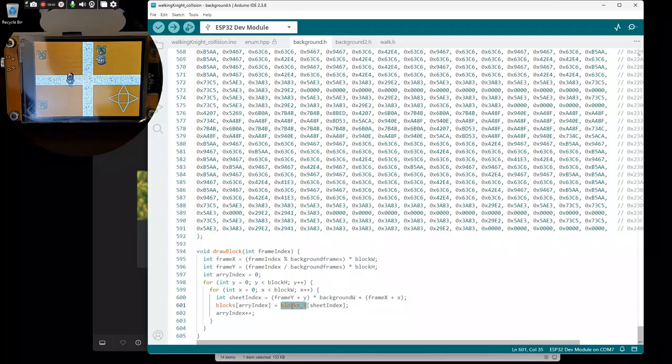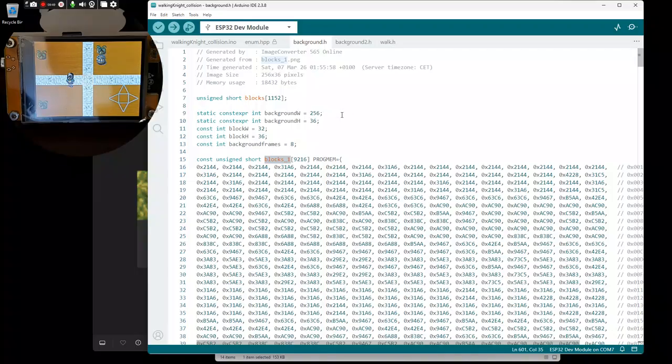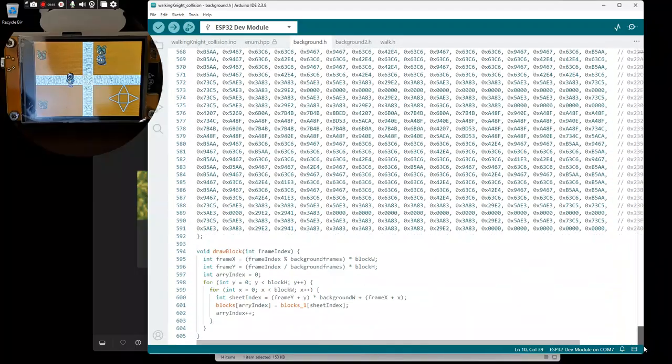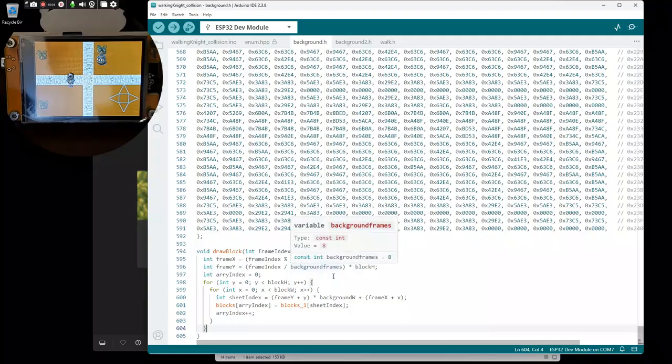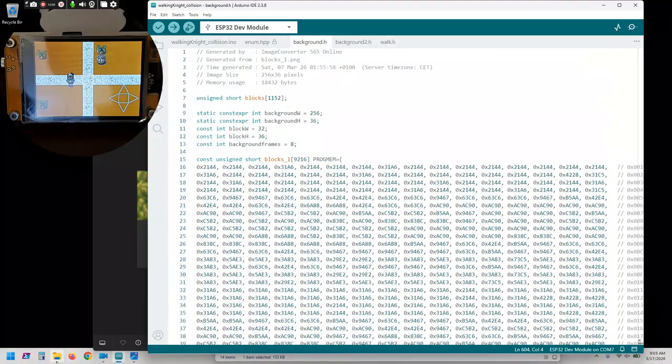I just wanted to move it because they're redundant. Here's this one for blocks 1. So I put it with the array and the variables that it uses in creating that blocks index, that blocks array for us for the 32. This is a 32 by 32 sheet, and it is the other one